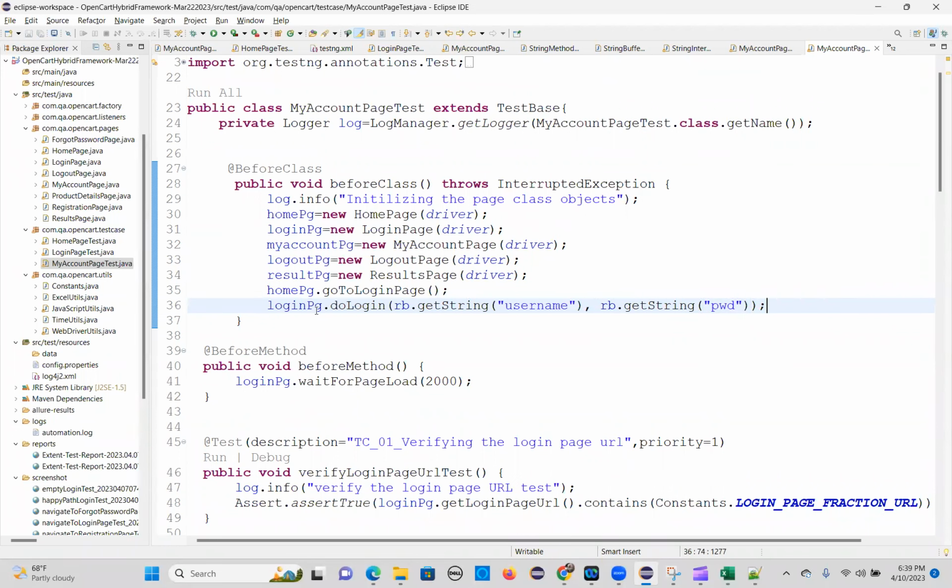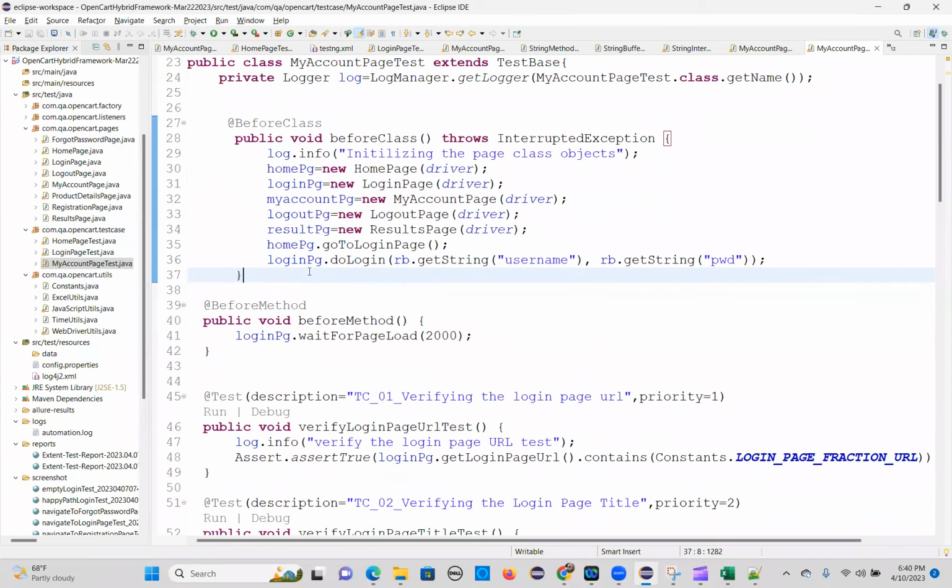That's from the login page, you are getting that, right? Now after this,